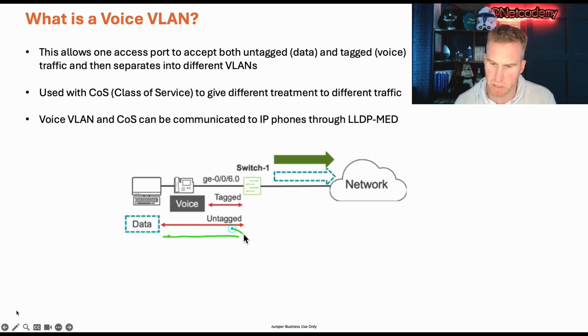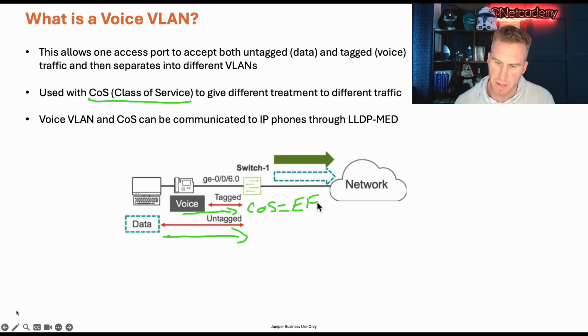So when you've got data traffic which is coming in untagged and voice traffic which is coming in tagged, what you can also do with the voice configuration or VoIP configuration is define the class of service. I'm going to do this for a later video. There's a lot of mechanisms for class of service. There's a lot of moving parts. It's certainly going to be quite a few videos. But for voice traffic, you might want this to go into a class of service queue or forwarding class that is expedited forwarding. For example, with a particular drop profile, with a particular transmission rate, with particular congestion management control, all these mechanisms